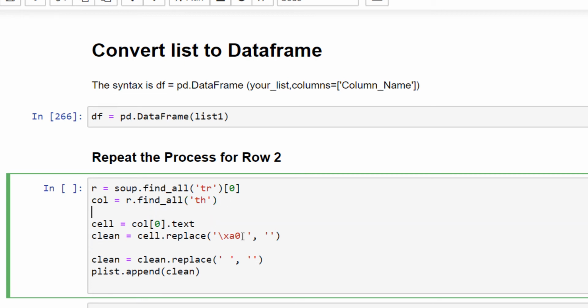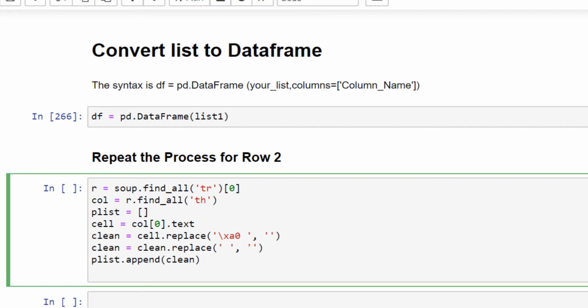Yeah, here, so that the process seems more organized. Then we write the clean text to variable clean, and we further clean if there is any empty space in the extracted text. We replace it again with nothing. Once all the cleaning is done, we append the extracted cleaned text to the Python list.